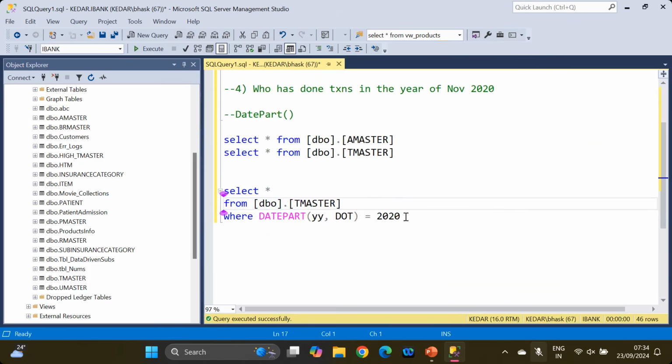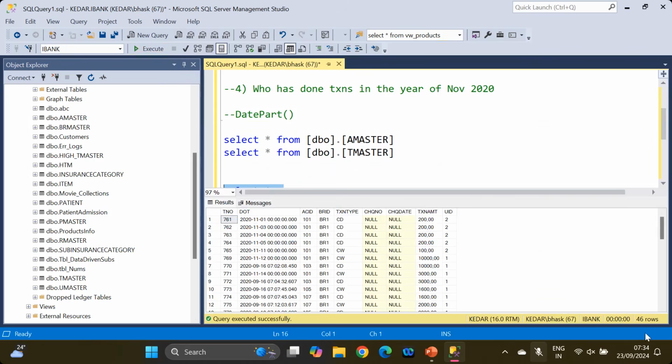This is filtering 2020 data, and I wanted to get the month name. How do you get the month name? You need to use the same function here. I'm going to be using MONTH. YY means year. So from the DOT column, it is going to get the year number. If that year number is equivalent to 2020, it is going to give you the date. So now month number is equivalent to November. November means 11. I wanted to know only 2020, so 46 records you will be able to get